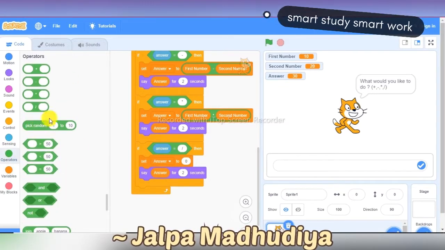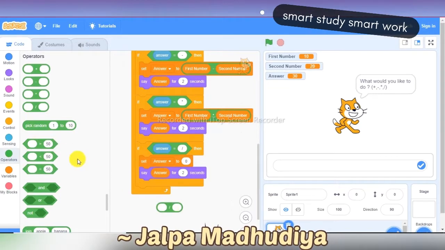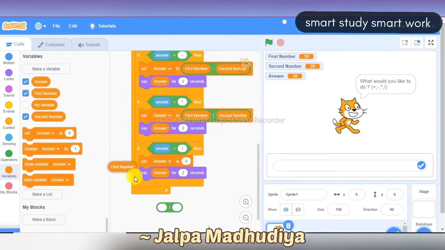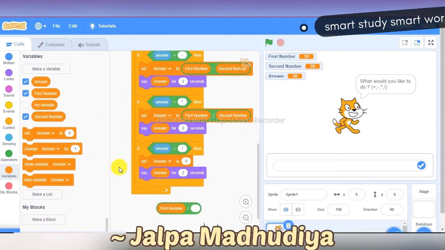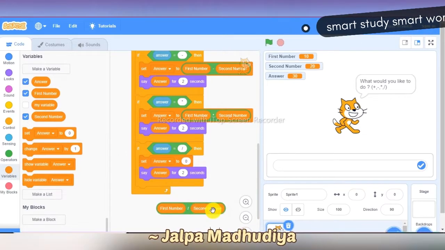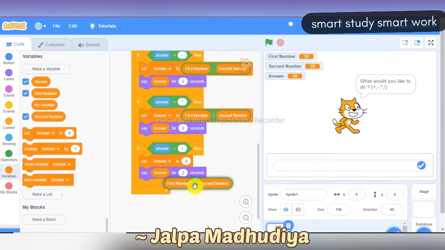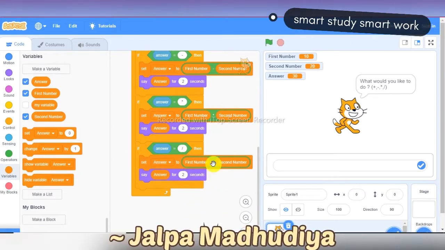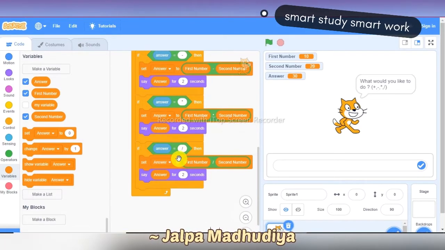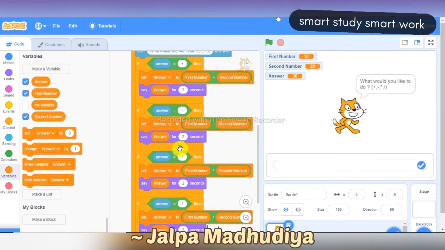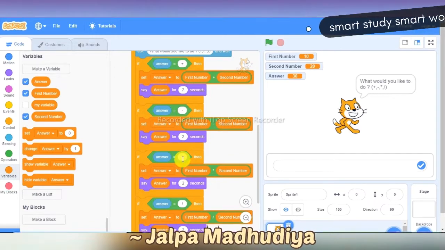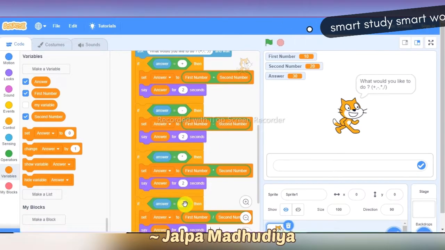Next operation is division with the variables, first variable for first number, second variable for second number, and put this block into the set block. Okay, so our four operations are ready: plus, minus, multiplication and division.